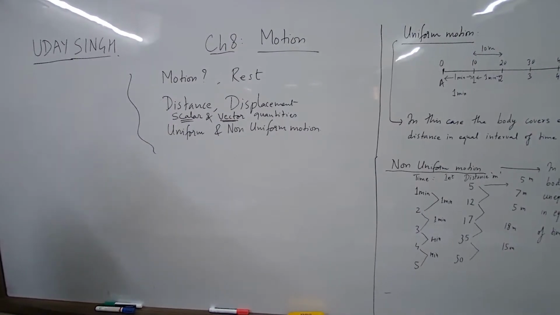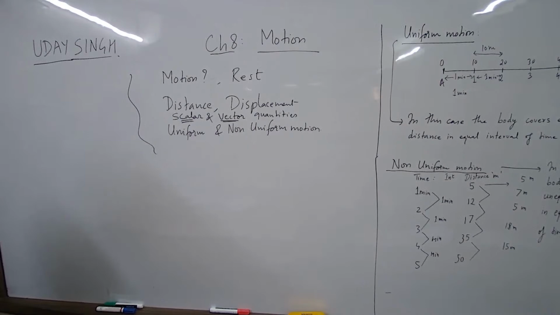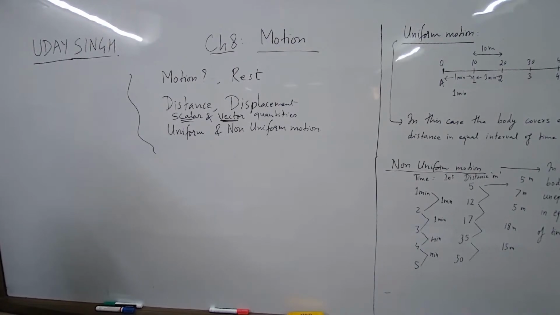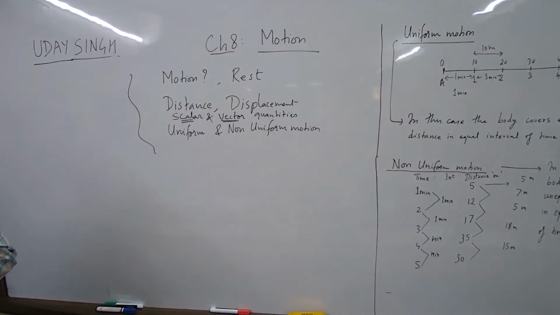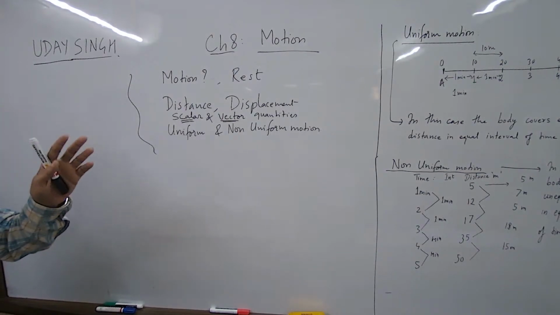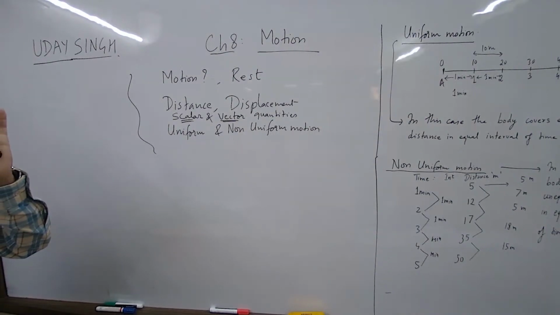So one real life example is when you are traveling from Mumbai to Pune, right? Say you have taken an Ola cab, is the vehicle undergoing uniform motion? No. Why no? There will be traffic, there will be no traffic, there will be signals. So always the real life example is non-uniform only. So uniform is an ideal concept. Okay?